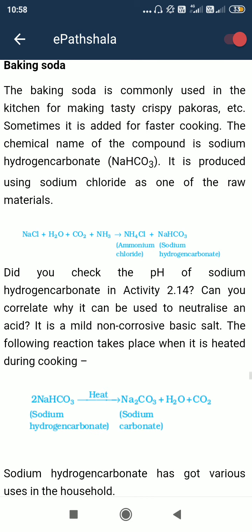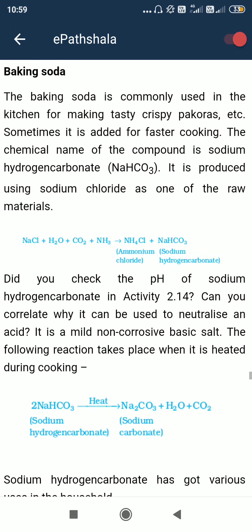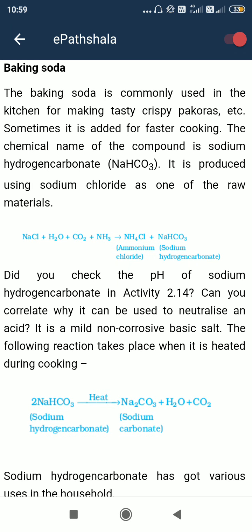Another thing, baking soda. Baking soda is sodium bicarbonate, also named sodium hydrogen carbonate. The formula is NaHCO3. You can remember that NaHCO3 is named sodium bicarbonate. The B is there in bicarbonate, and baking soda also has B. So sodium bicarbonate is the BB, and we need to remember that baking soda is sodium bicarbonate.